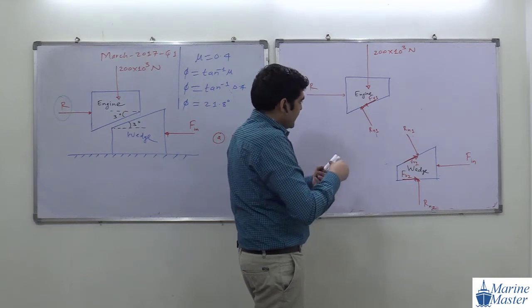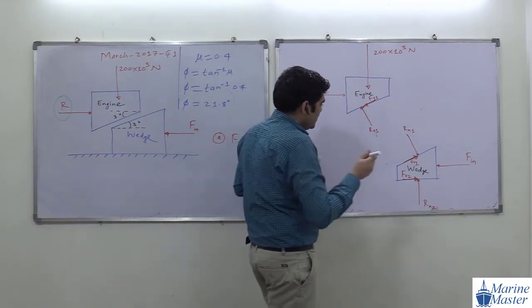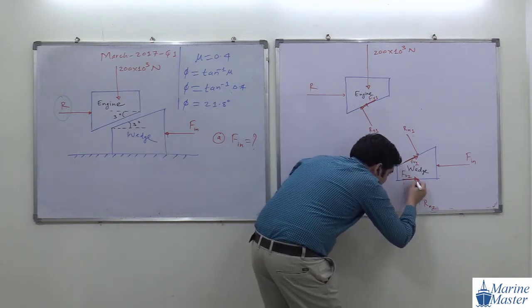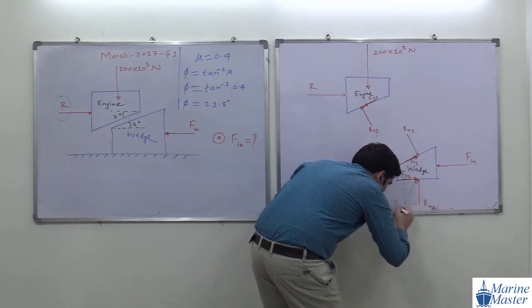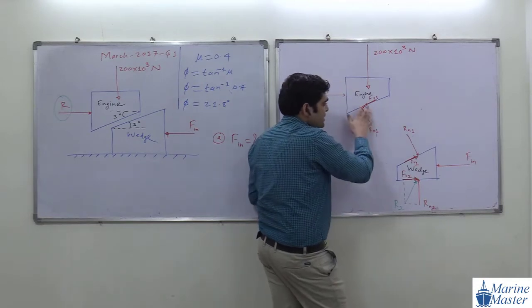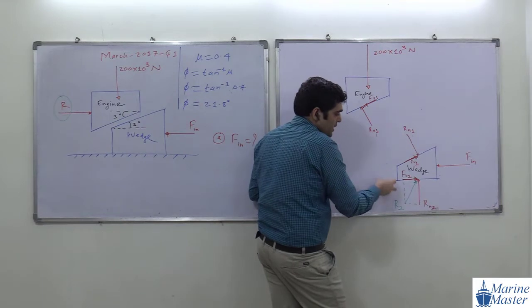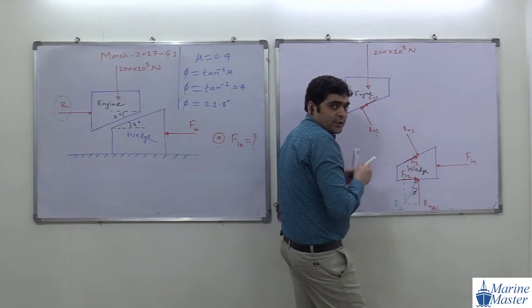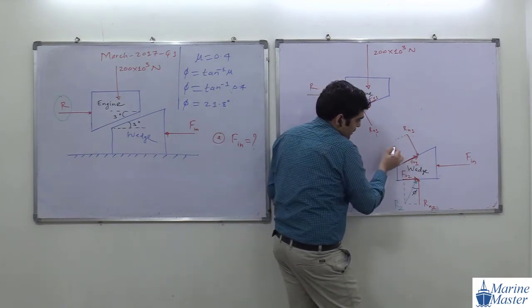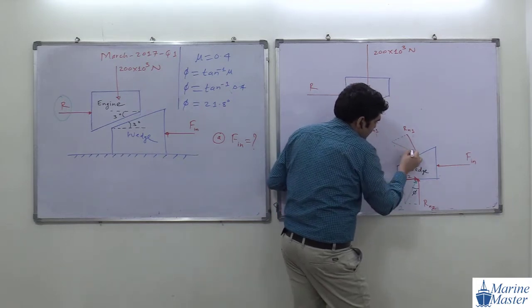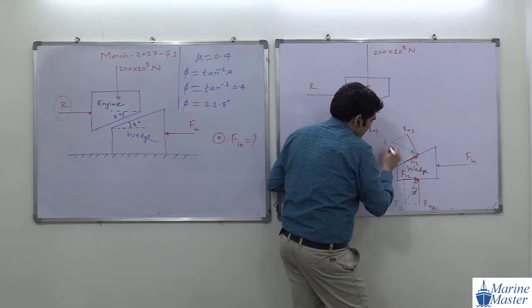Then the resultant reactions. What will be the resultant reaction here? This resultant reaction will be R2. And then the angle of friction: the angle of friction is the same for all planes, here also, here also, here also. So here I will directly denote it phi. Then here, the resultant reaction we will call R1. See the point? R1.